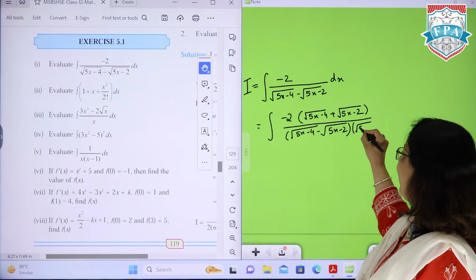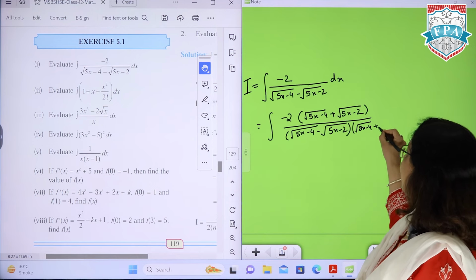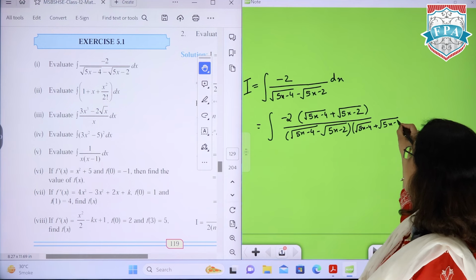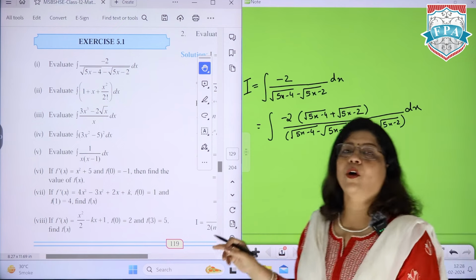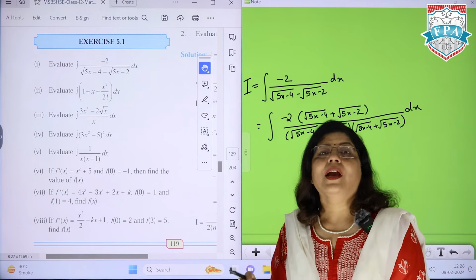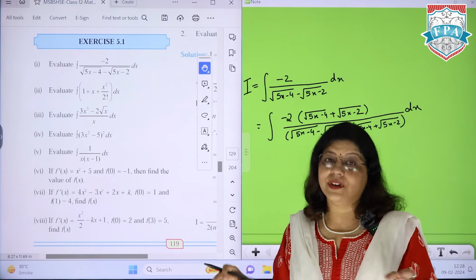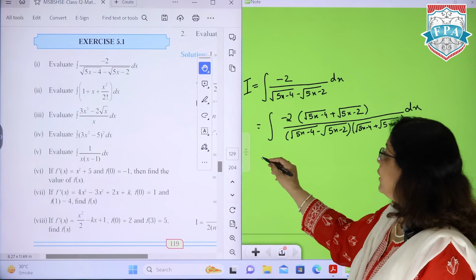And here, root 5x minus 4 plus root 5x minus 2. Why do we have this different sign? So that we get the formula of a square minus b square and the square root disappears. So this is now